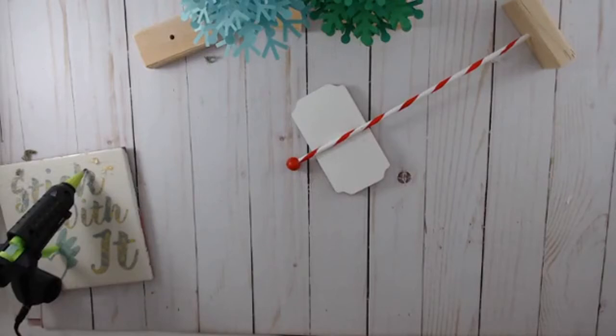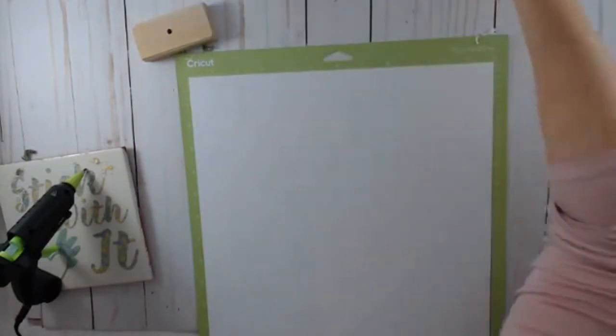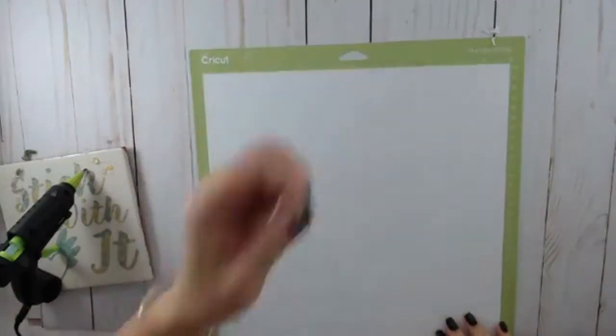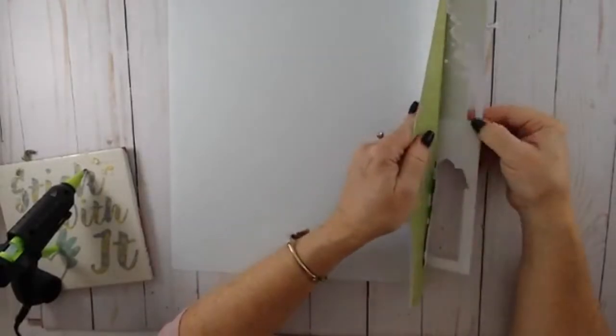Okay, so here's the village. I just cut it out using the Cricut, and I didn't get a chance to weed it. This is just one of those free projects from Jennifer Maker, like the Halloween hat I did. So I'm just going to try and